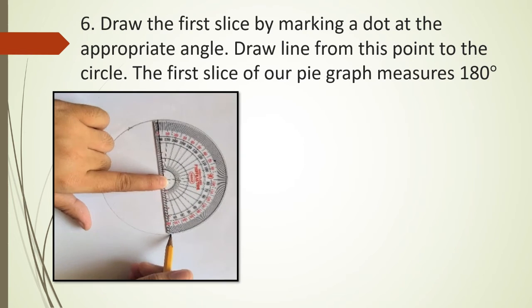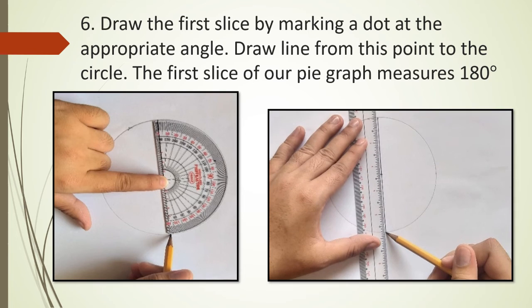Draw the first slice by marking a dot at the appropriate angle. Draw a line from this point to the circle. The first slice of our pie graph measures 180 degrees. So always remember that this 180 degrees is just half of the whole pie because the whole pie measures 360